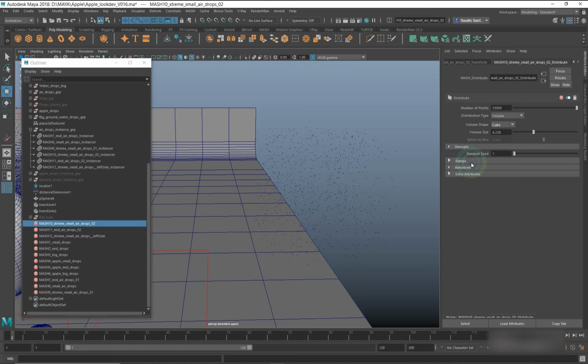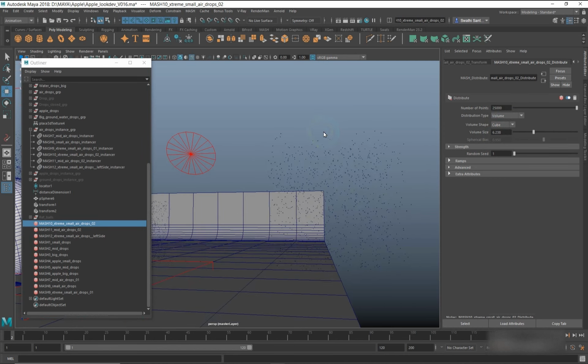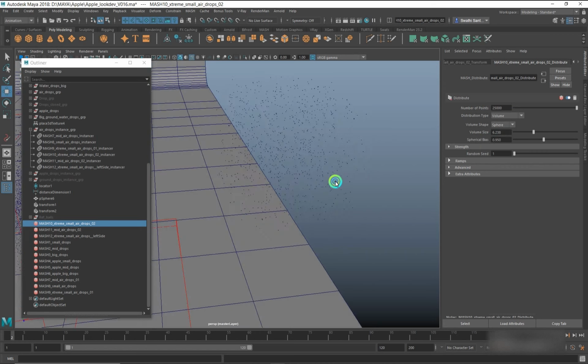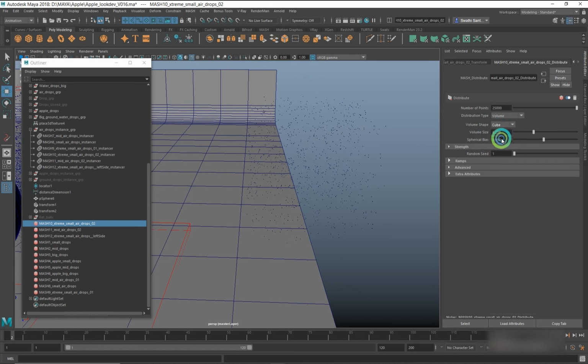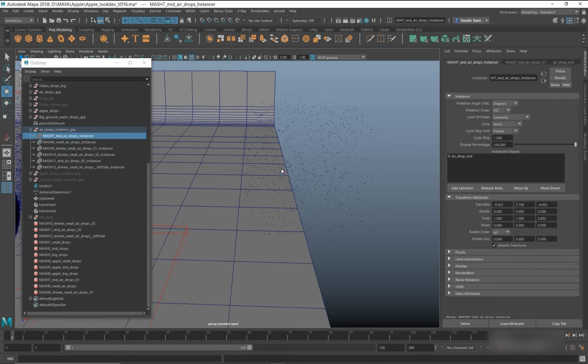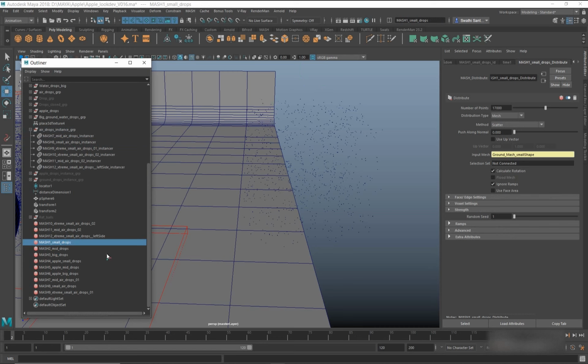If I change it to cube, it will change the volume into a cube shape.